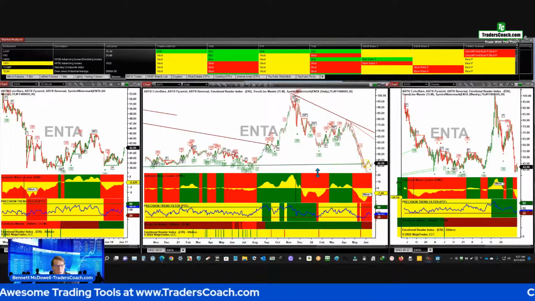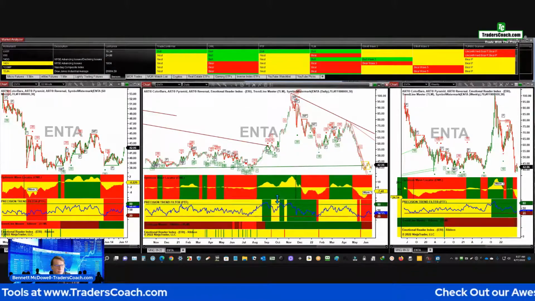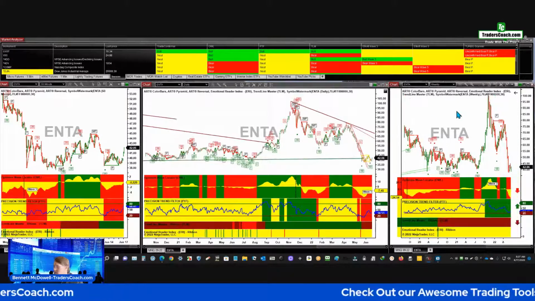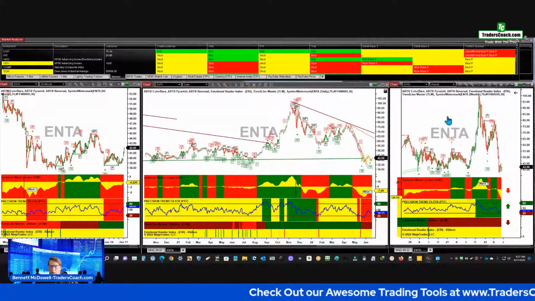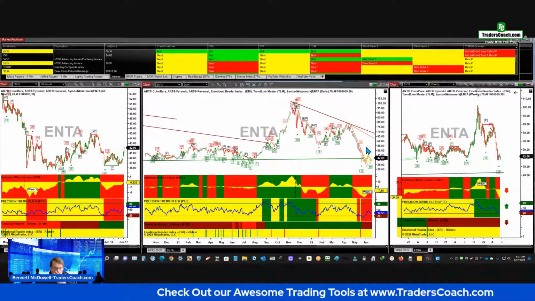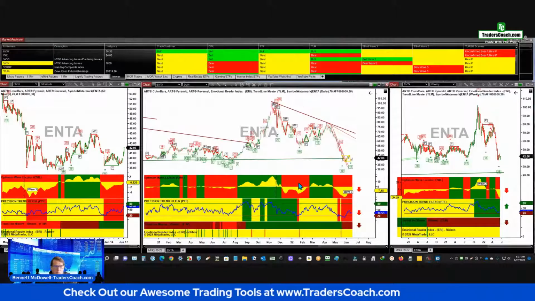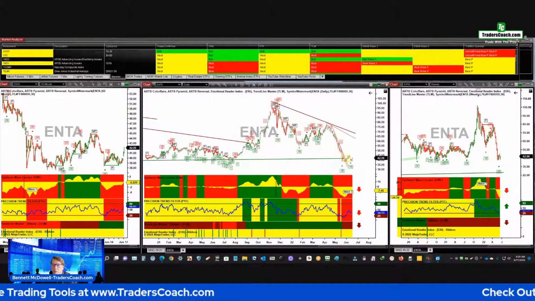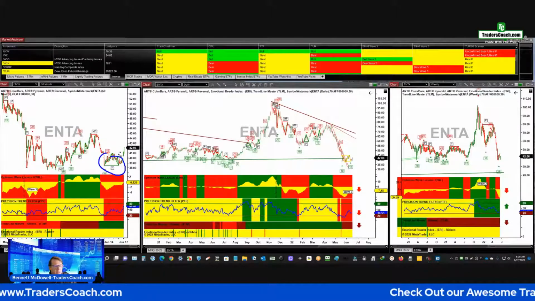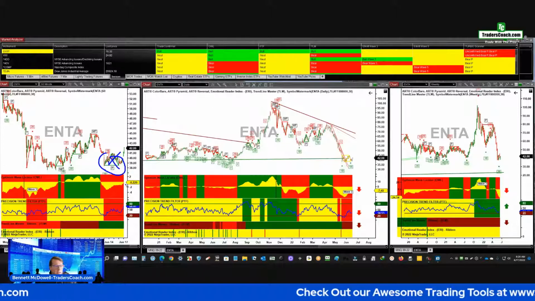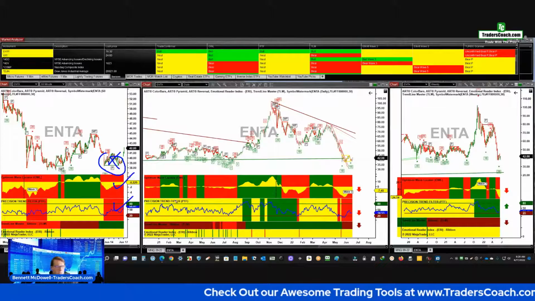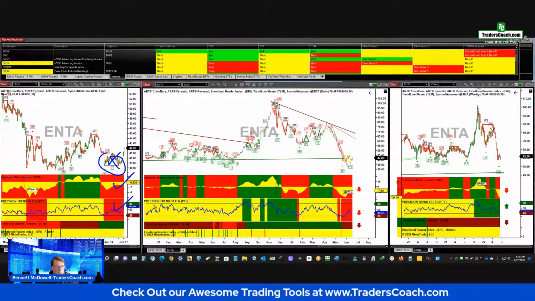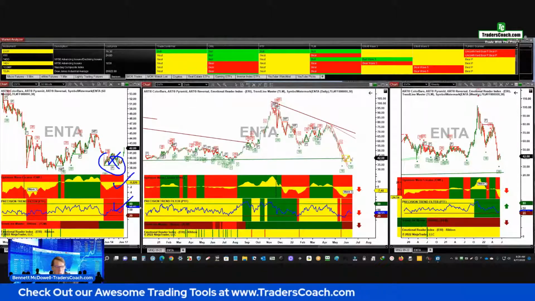All right, so let's see what we got cooking here. All right, so ENTA, this is for Kenneth. How are you, Kenneth? All right, so very interesting. Okay, shorter time frames, we've got bearish PTFs and red owls. All right, so even though you've got a bullish pyramid that formed here, you do not take that because you don't want to go against this and this. All right, that's how we screen or filter what pyramids are the best ones. So don't take that one.